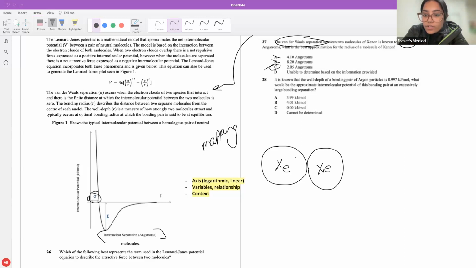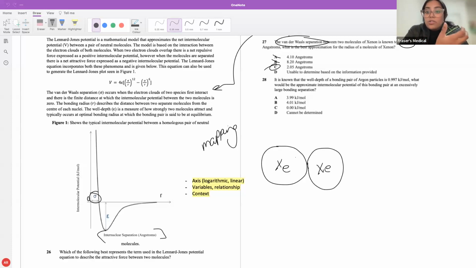So theoretically, there is no potential, meaning zero. Okay, we've got: well depth is E. The graph shows E is on the x-axis. Intermolecular potential is Y, so E occurs when Y equals zero. Amazing, good stuff. And also, the major way of looking at this is we have well depth, where we've been asked for V, the intermolecular potential.